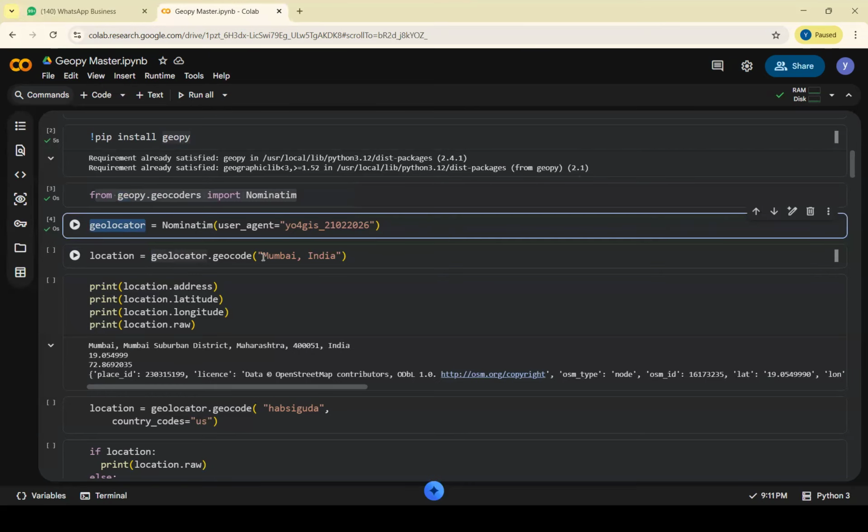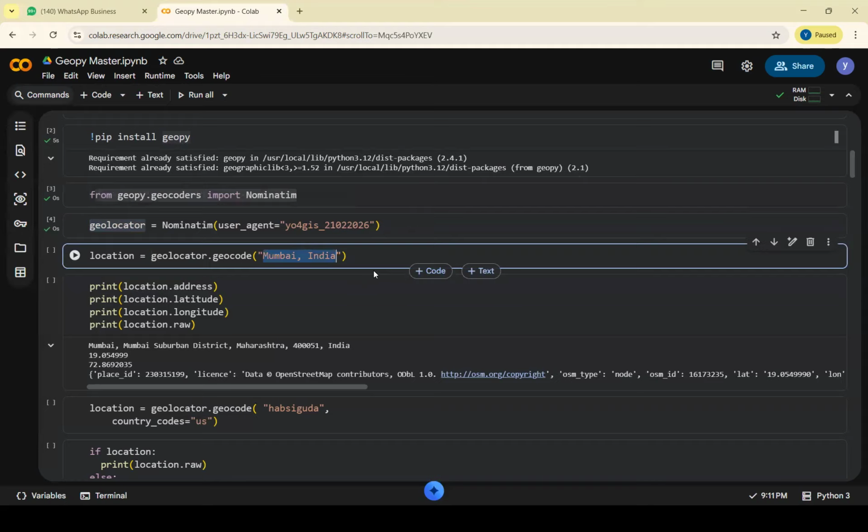Now after that, I want to do the geocoding. I want to find the coordinates of Mumbai, or of Hyderabad, or of Delhi. Any coordinate that I want to find. Let's suppose here, instead of Mumbai, I write Pune. So if I run this one,